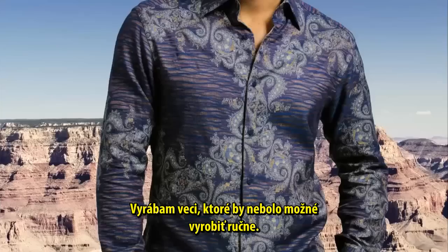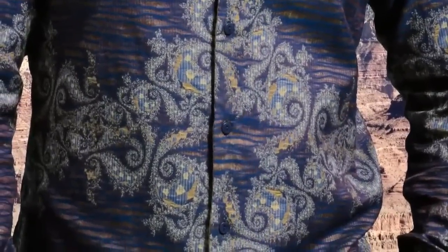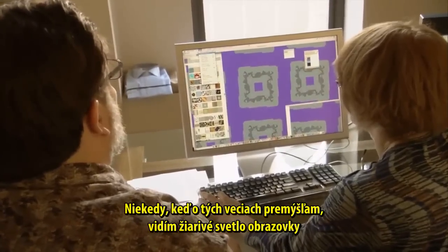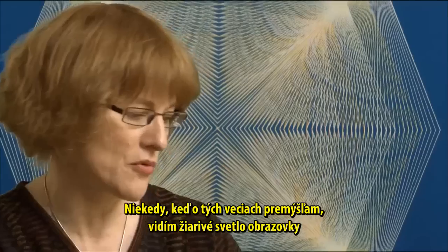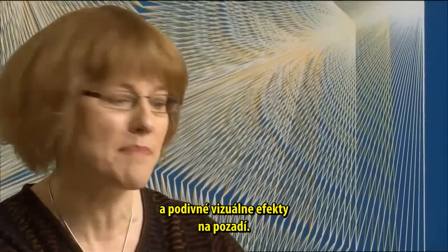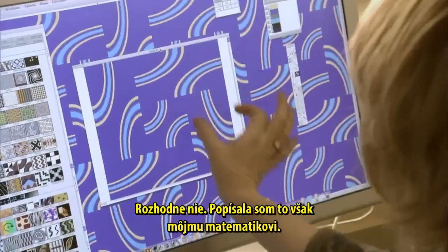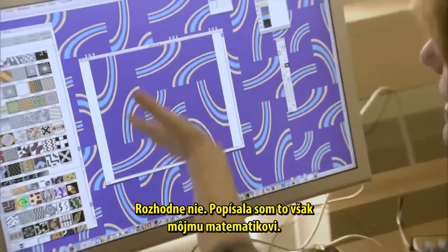I'm getting things that wouldn't be possible by hand. You know, sometimes when I think about things in my head and I say, you know, I just saw light coming through that screen door. And look at the moiré effects that are happening on the ground. Can I go draw that? No way. But I can describe that to my mathematician. This kind of reminds me of...